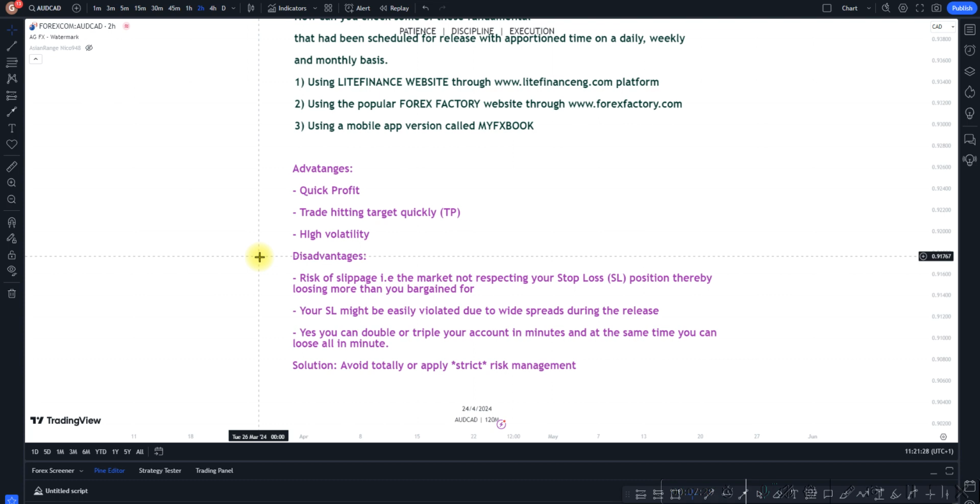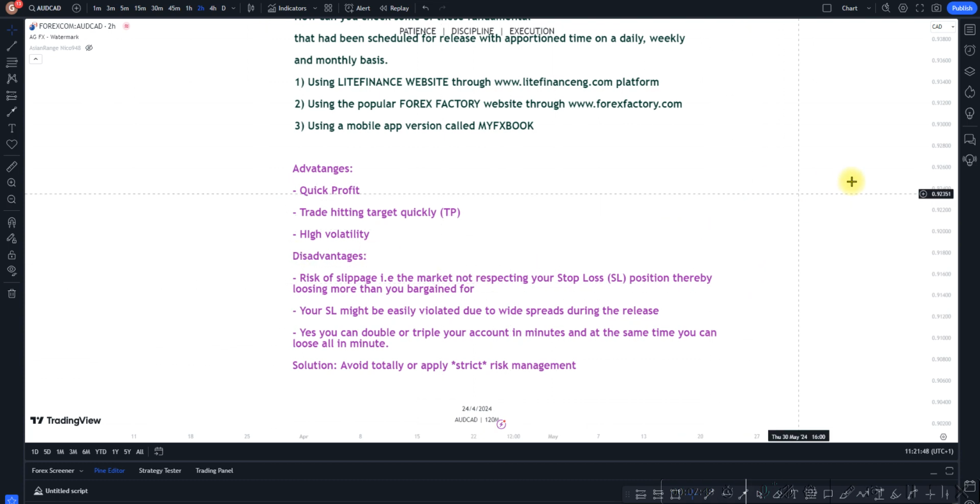Then we have some disadvantages for it as well. So number one is risk of slippage. What do you understand by slippage? Slippage is when the market tends not to respect your stop loss position. You might place your stop loss to be